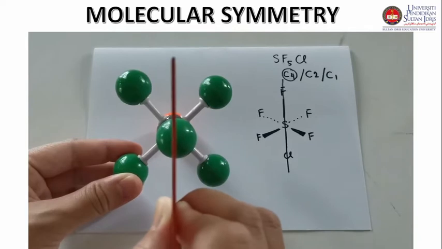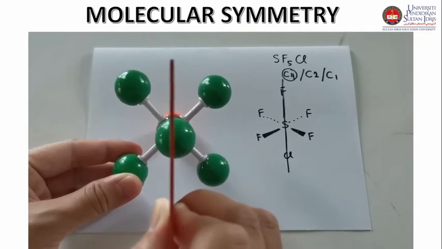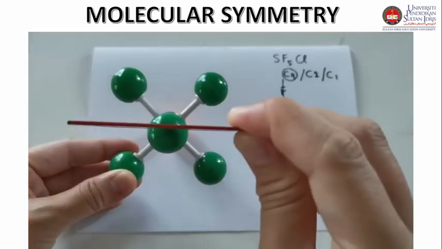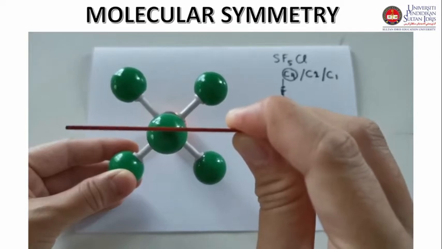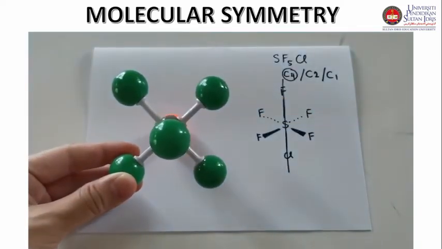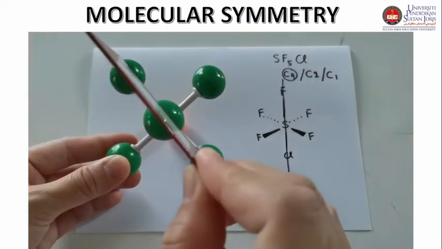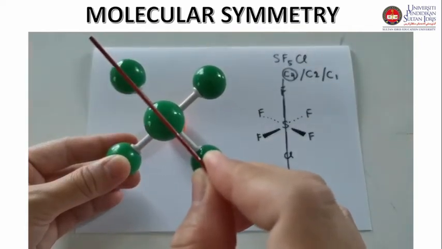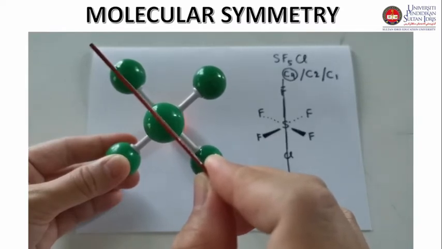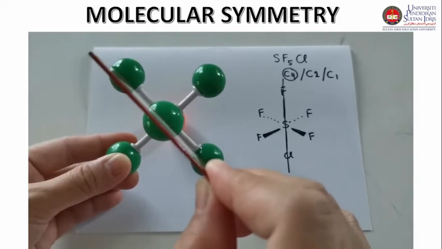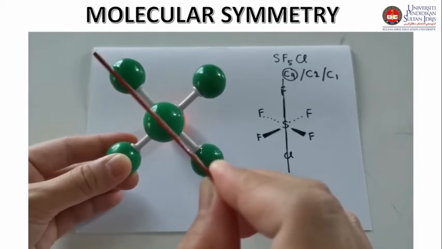So this is a dihedral plane along this axis, and this axis is parallel to the principal axis. So this is another dihedral plane, which cuts the 90 degree angle. If the plane bisects the angle and is parallel to the principal axis, then the plane is a dihedral plane. So there are two dihedral planes in this molecule. If we check the sigma v plane along this axis, as you can see, it is parallel to the principal axis. This plane is also parallel to the principal axis, and the molecule also reflects equally along this plane. So this plane is called a vertical plane. So a vertical plane also lies in this molecule, parallel to the principal axis.